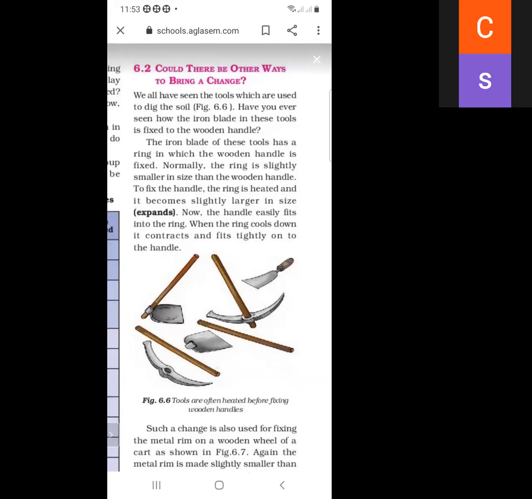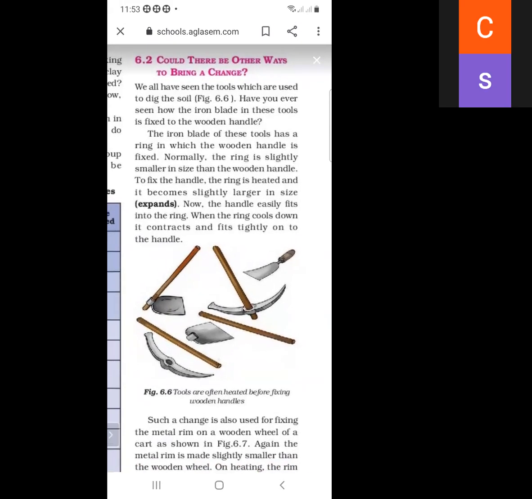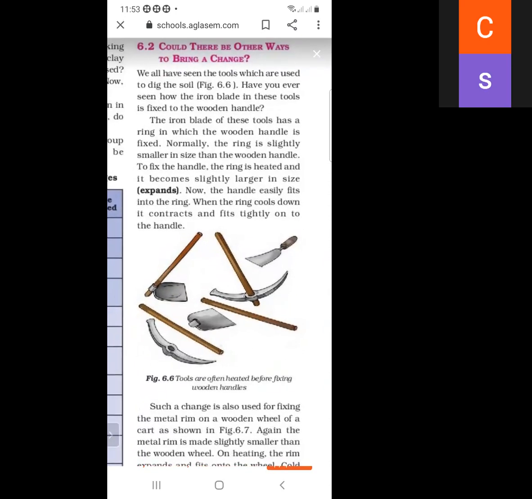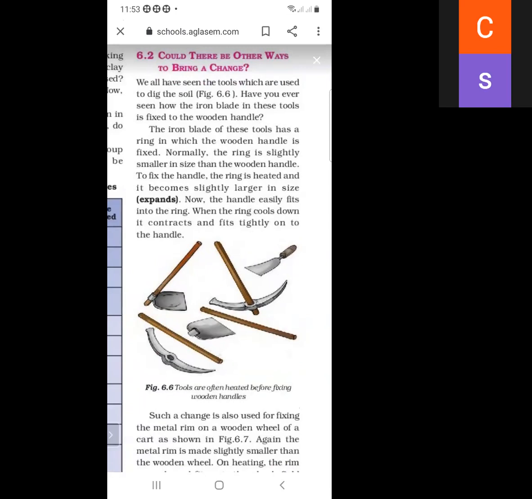And when the ring cools down, it contracts and fits tightly on the handle. So if we cool down the ring, it contracts and fits tightly on the handle. So this is figure 6.6.